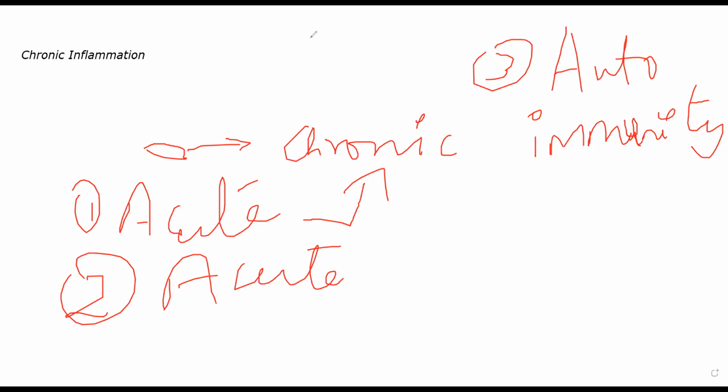Okay. Now we'll discuss the general features of chronic inflammation tomorrow. What are the cells involved? What happens in chronic inflammation and all that. Hope you understood this class. If you have doubts, please feel free to ask. Morphology of acute inflammation, yeah, systemic effects, yeah, fate of this thing.